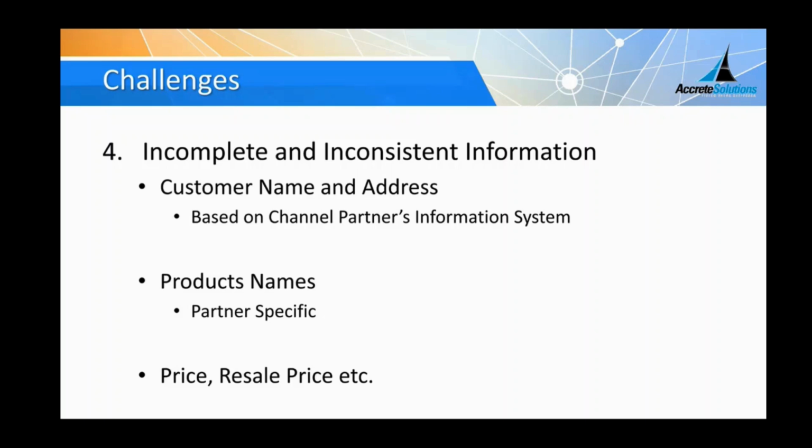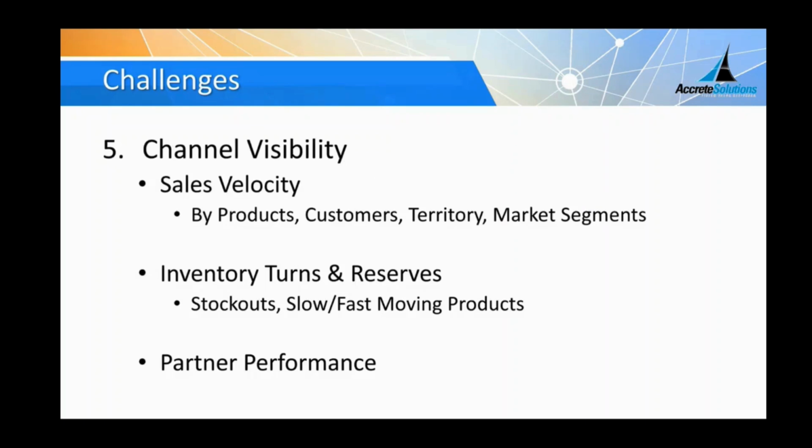Another example is your product names. If you're a large distributor, in the point of sales data, they might use their own naming convention for describing what the products are. Another inconsistency is the price and the resale price in the transaction, and they may not be accurate. So the CDM system has to be able to manage all this. The fact that you have to match your customers to your master data or your reference data, products to your reference data, etc.